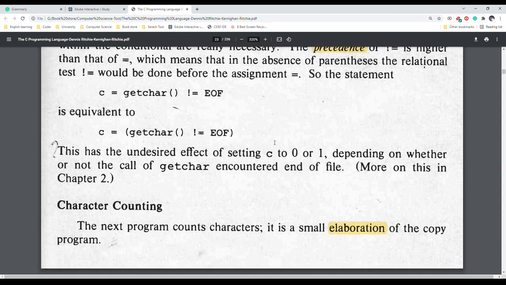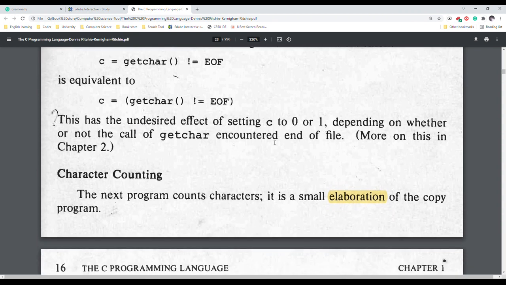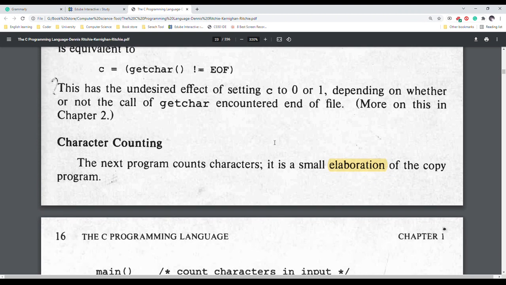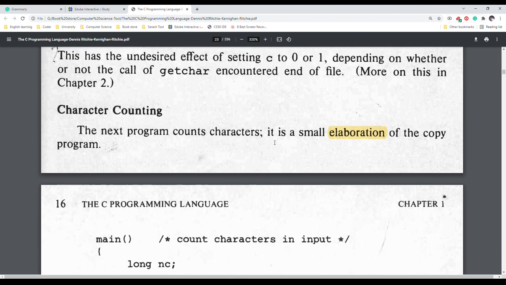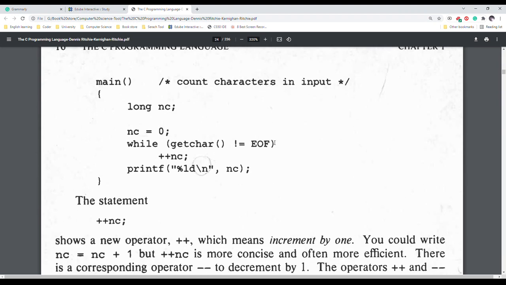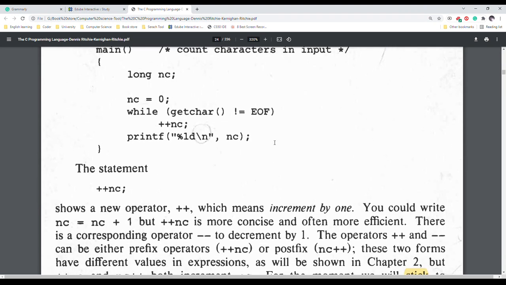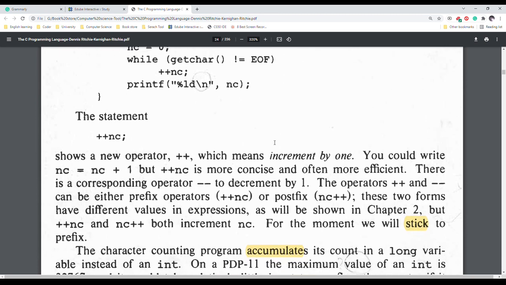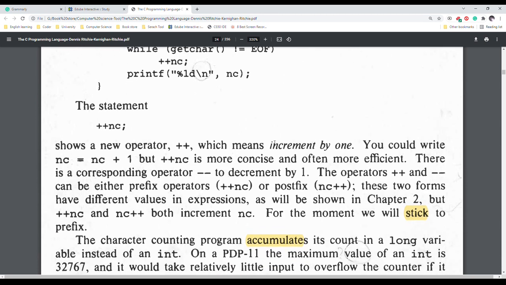Character counting. The next program counts characters. It is a slight elaboration of the copy program. The statement ++nc; shows a new operator, ++, a pair of pluses, which means increment by 1. You could write nc = nc + 1, but ++nc is more concise